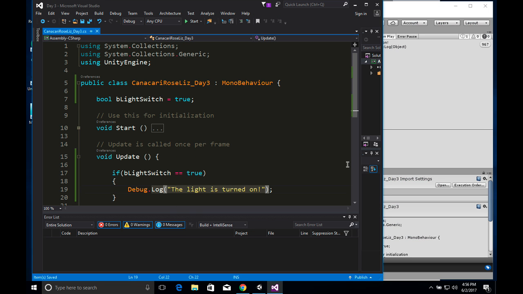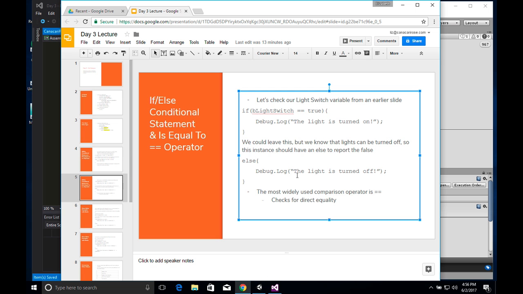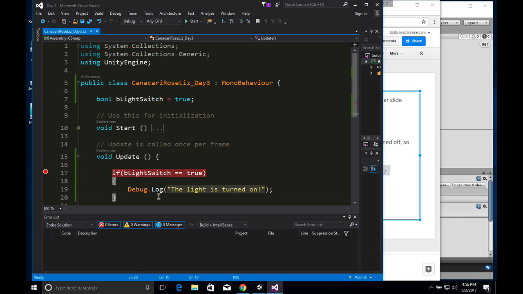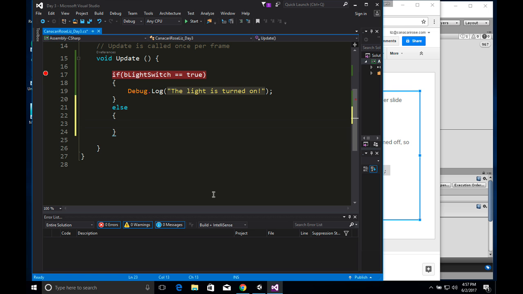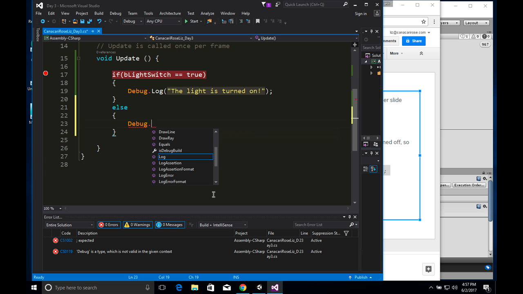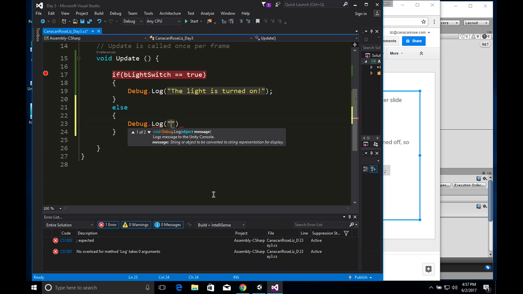So now we want to make sure we can check the opposite. Because either a light is on or it's turned off, this is one of the cases in which we could use the else. Either the light switch is on, which is true, or the light switch is off, which is false. So since we're going to be doing that, we're going to do else and then curly brackets, Debug.Log, the light is turned off,